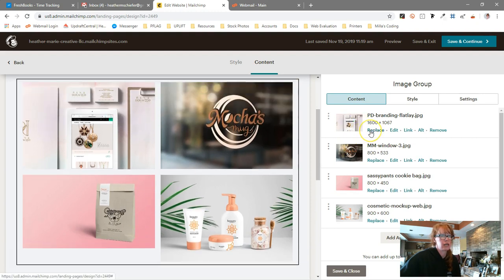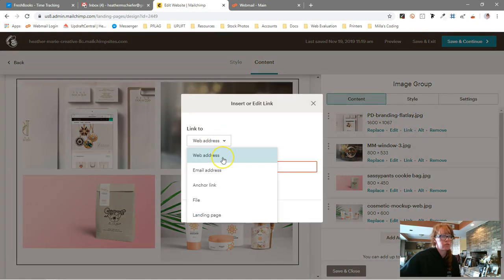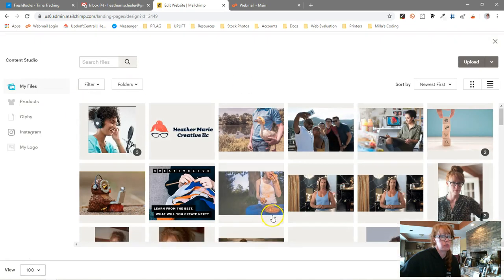and I click the link on the image, they have a couple of options. You can put in a URL to any external page, an email address, an anchor link, which is a link to some other section on the same page. And you'll see if you click that, I think there's only one other section on this page. The other sections will pop up here. You can link it to just an image file